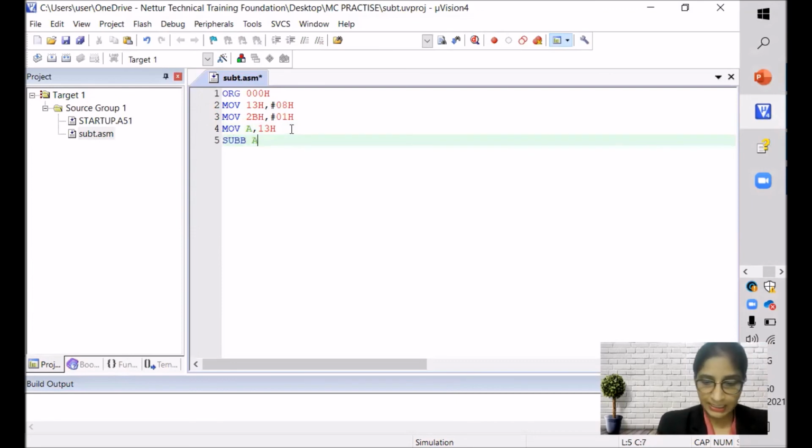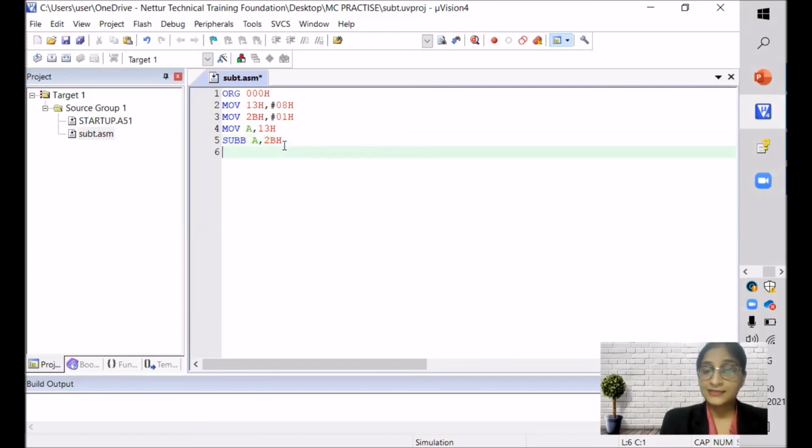SUBB A, comma, 2BH. It means now subtraction will be there between the accumulator and 2BH. Fine. Enter. Now, as I told you, if anywhere any process the accumulator is involved, then the result will be stored in the accumulator automatically.